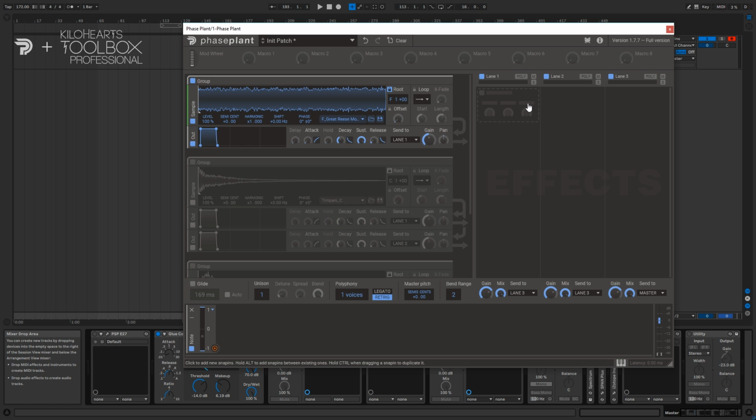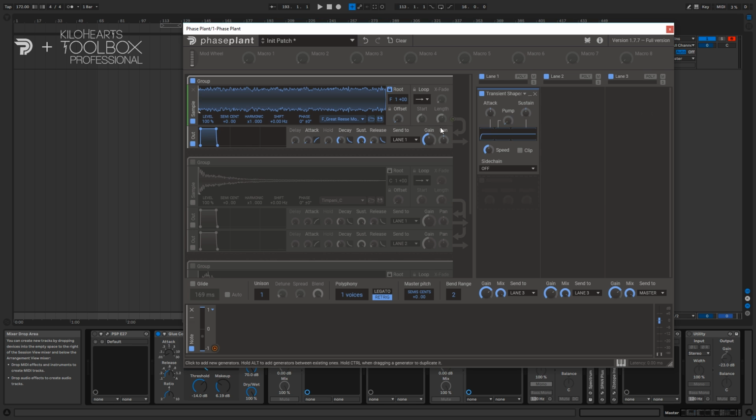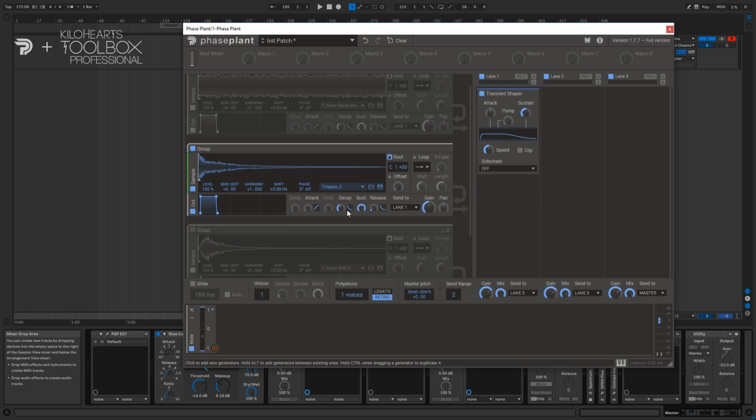Then we have the last effect of this bundle, the transient shaper. This one is very good. I use this a lot on any percussive kind of sound, actually. So if I have this timpani, let's say I like it, but I want to make it shorter on the end. It's not that easy to hear. Now it'll be easier to hear. So